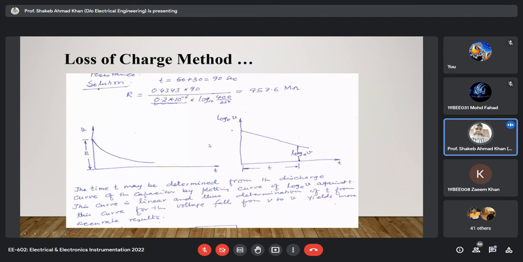Generally, instead of drawing the curve between V and T, because this method is called testing. Generally this method is used for insulation resistance testing. By measuring the insulation resistance, we try to find out the quality of the insulation. So that's why I'm calling it testing. Generally these testing results are shown in graphical form instead of tabular form, and instead of having a graph between V and T,